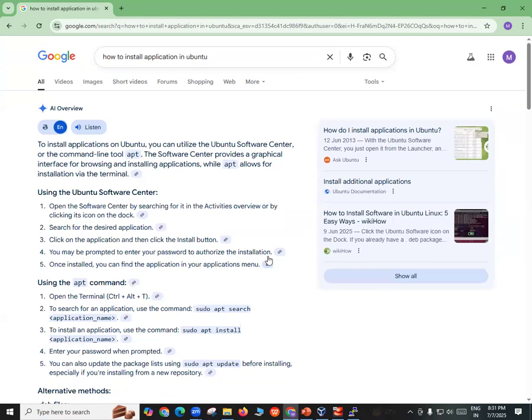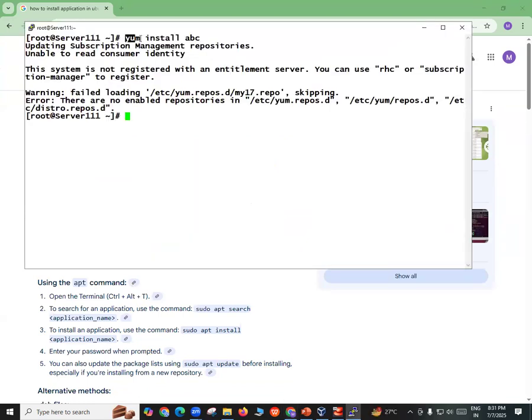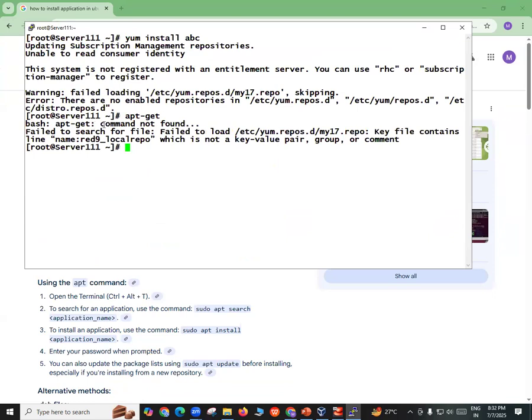See the difference here, friends. In Red Hat Linux server operating system, I'm using the command yum, but in Ubuntu, I need to say apt-get. But here, it says command not found. So by using yum install, I can install any package here. By using apt-get install, I can install any package in Ubuntu.